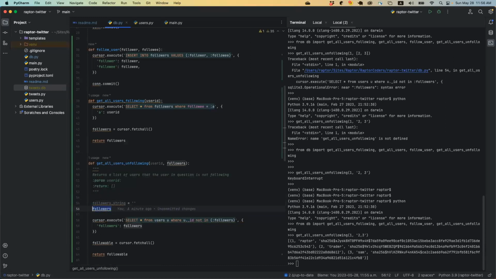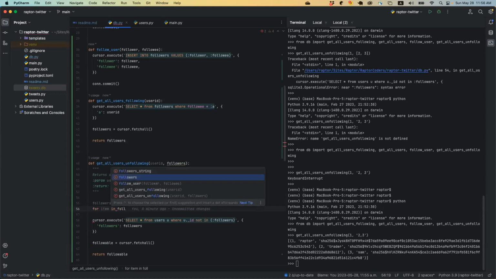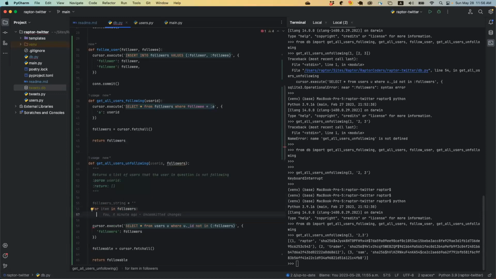Okay, and then for item in followers, then I'll do followers string plus equals this, and then